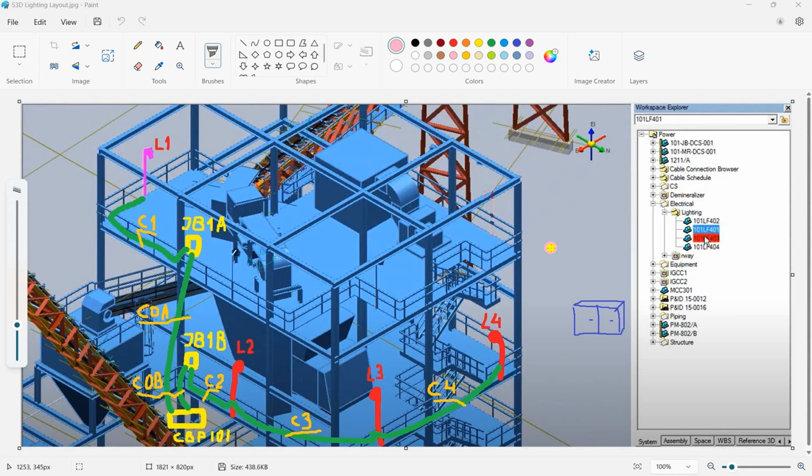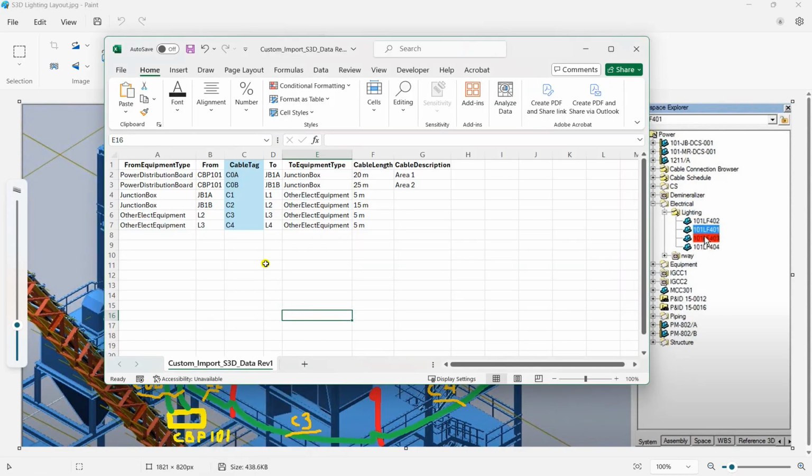At first, publish electrical equipment from Smart 3D and retrieve it in Smart Electrical using standard integration capability. Second, export a list of cables from Smart 3D, like in this example, into an intermediate data form. The form contains cable tags, their from and to connected equipment tags and types, cable length, and cable description indicating